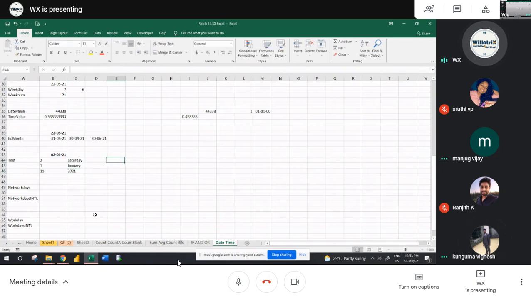So this TEXT formula we mainly use to set a date format. Like see, TEXT, this is a date. This format I want to take as DD, MMM, then YY. I want to set that date format in this method. That is set. But see that the date format you changed by using TEXT will not be considered a date format. That is in general format only. Excel will not consider that a date format. Understood? When you do calculations on these text format dates, it won't work. Understood? Is it clear? Ranjit?